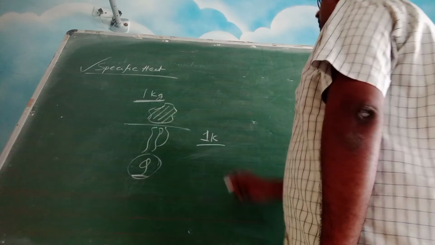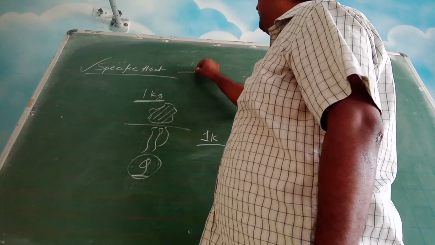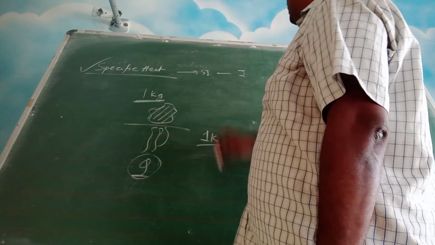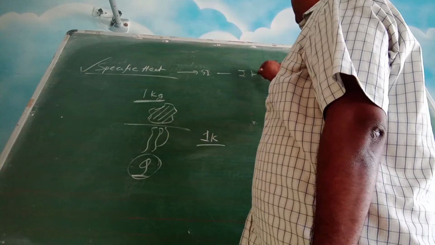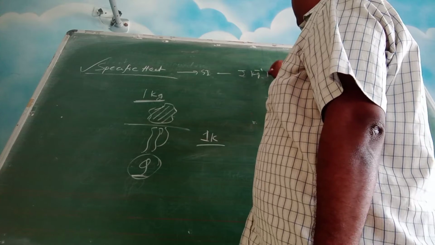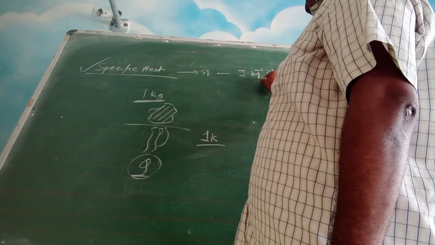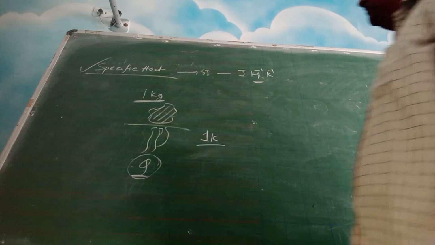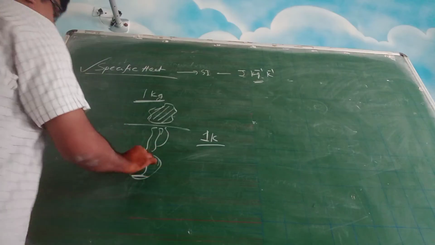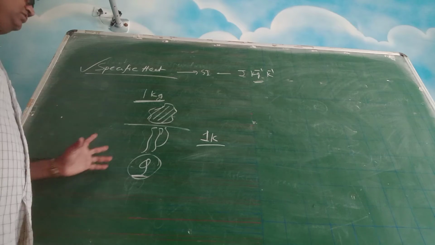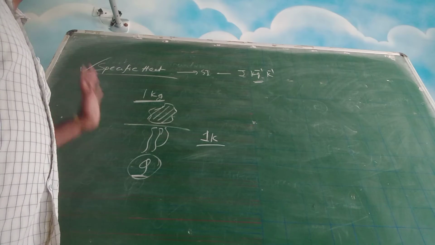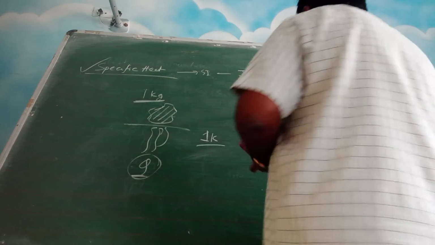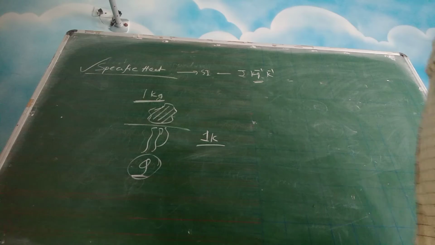So now let us talk about the unit. What is the SI unit of this? It is joules per kg per Kelvin. So specific heat is the amount of heat required to take any substance, and the temperature should rise by 1 Kelvin. So some values you should know, like the two important values. First is for the water.